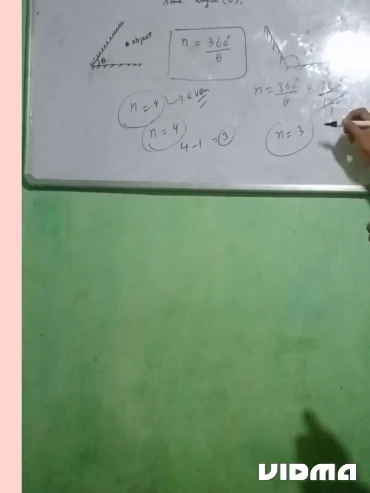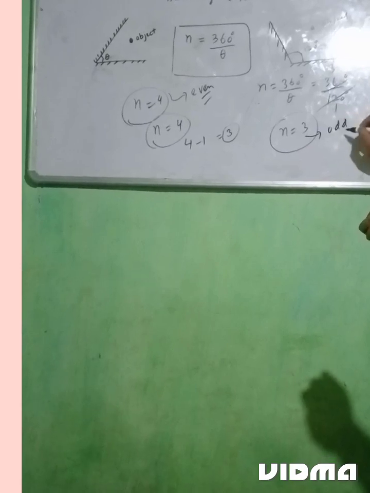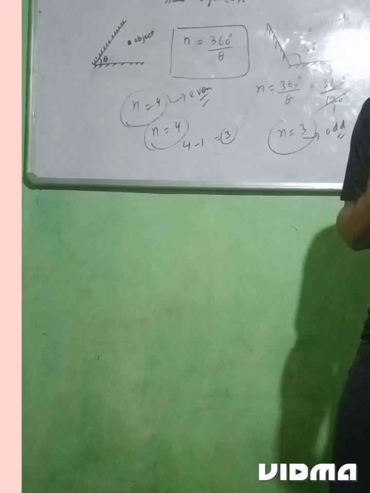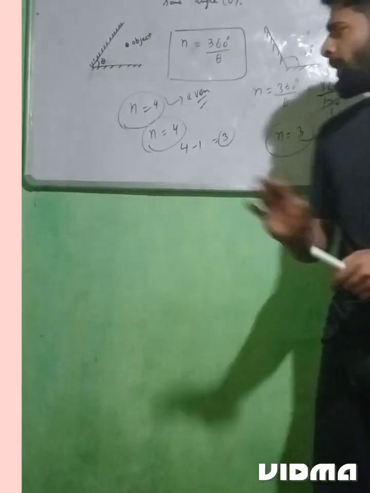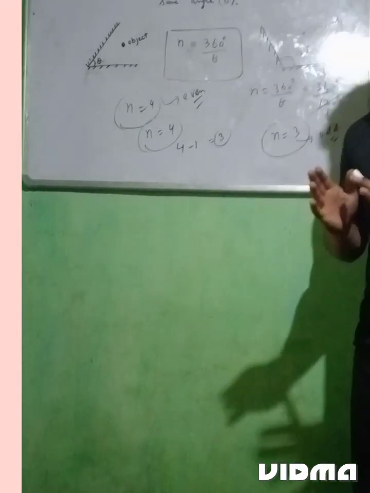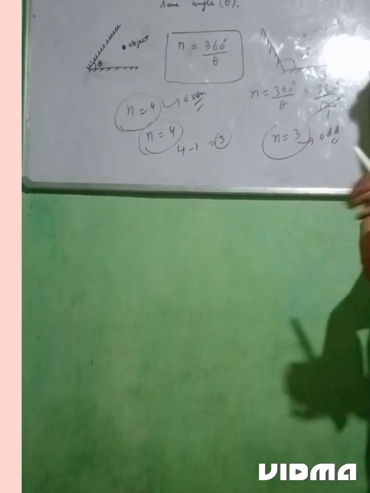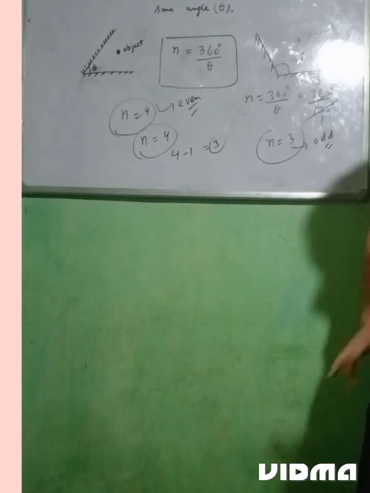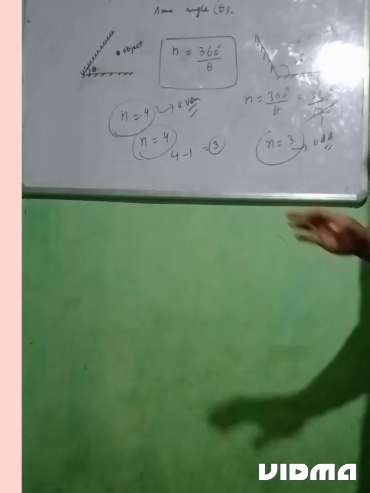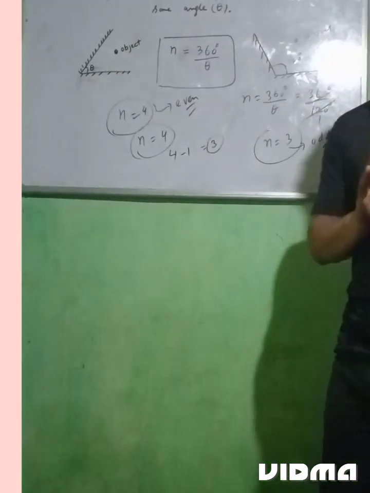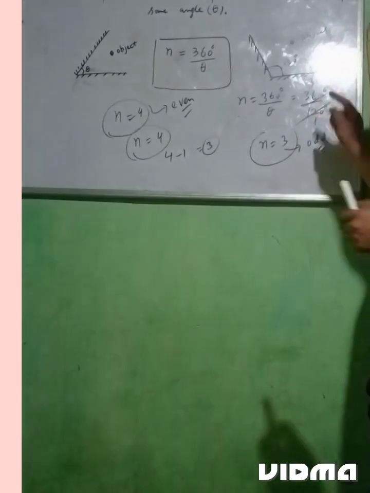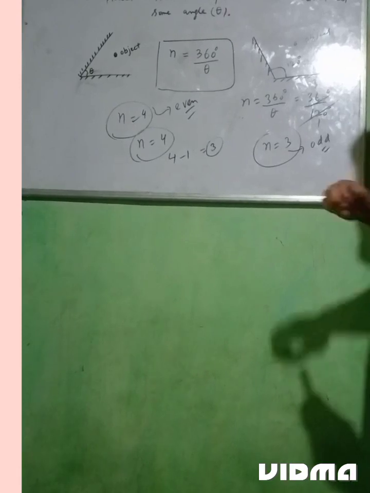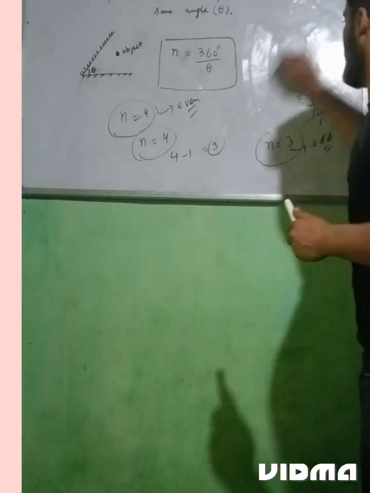And we know that 3 is odd. When you are getting the answer equal to an odd number, then you have to do nothing. मतलब कि अगर आपको इवन नंबर निकल रहा है आंसर तो आपको माइनस करना है 1, अगर ऑड निकल रहा है आंसर तो आपको कोई चीज करने की जरूरत नहीं है, जो निकला वही आंसर है। मतलब यहाँ पर जो इस ऑब्जेक्ट की इमेज होगी 3।